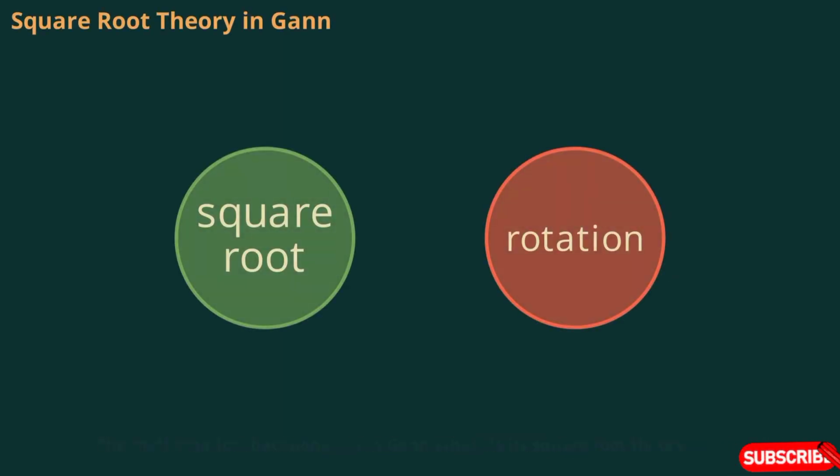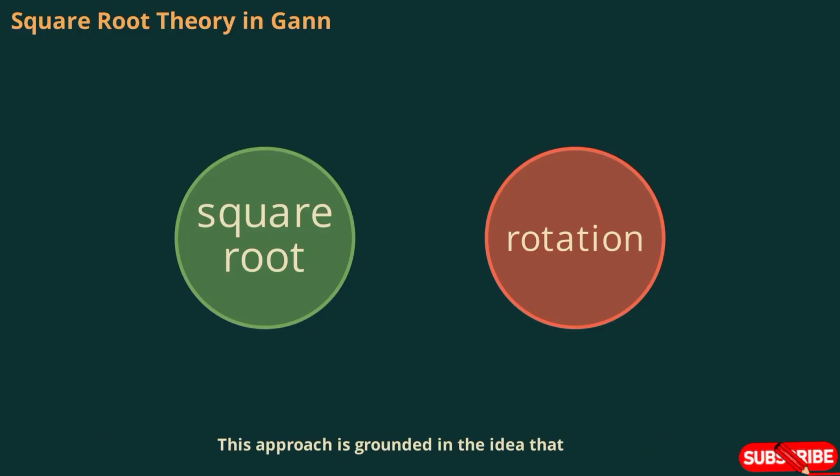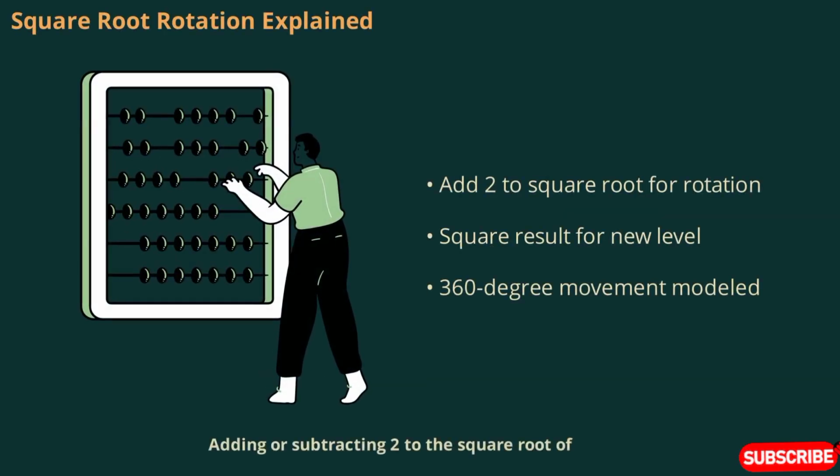The mathematical backbone of the Gann wheel is its square root theory. By manipulating square roots and applying rotations, traders can predict price movements and identify critical turning points. This approach is grounded in the idea that prices move in square root relationships over time, allowing for more accurate forecasting and analysis. Adding or subtracting 2 to the square root of a number represents a 360-degree rotation on the